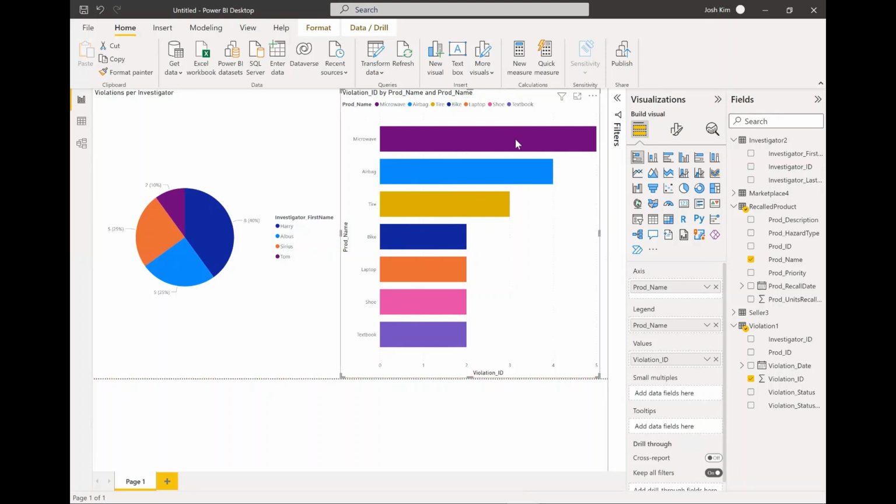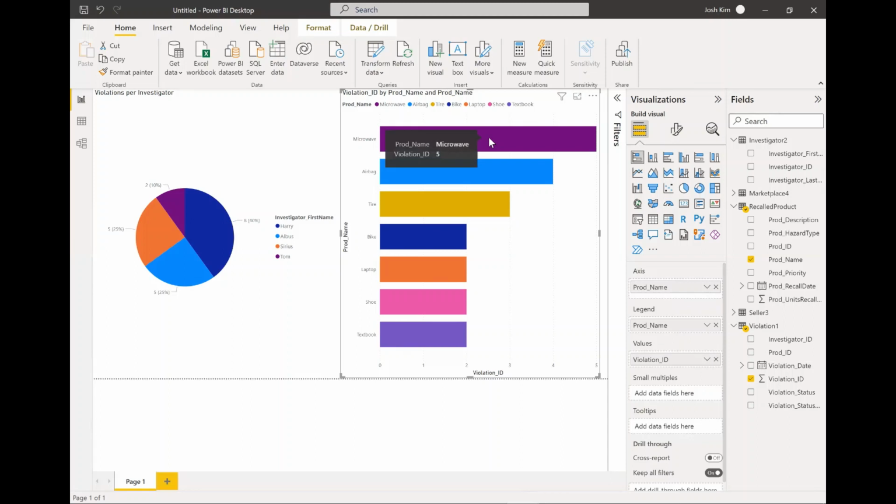You can see the distribution of how many violations there are per each product. So these are our 7 products and the number of violations in each one. Now, while this is helpful information, if you want to be able to make a managerial decision, it would be helpful to be able to hover. See, there's a tooltip on these hovers. It would be much more useful to have a hover that shows which specific violations are